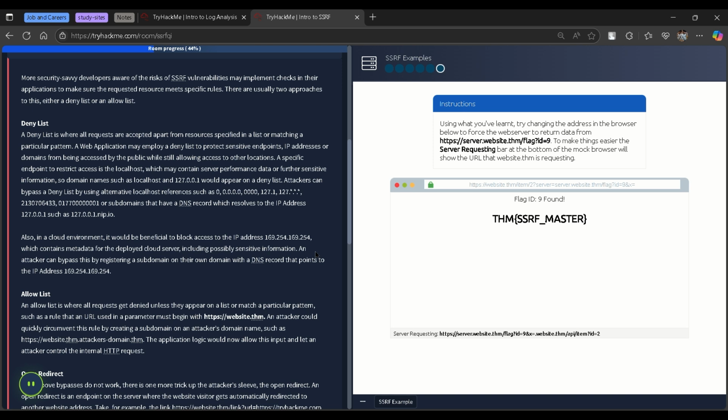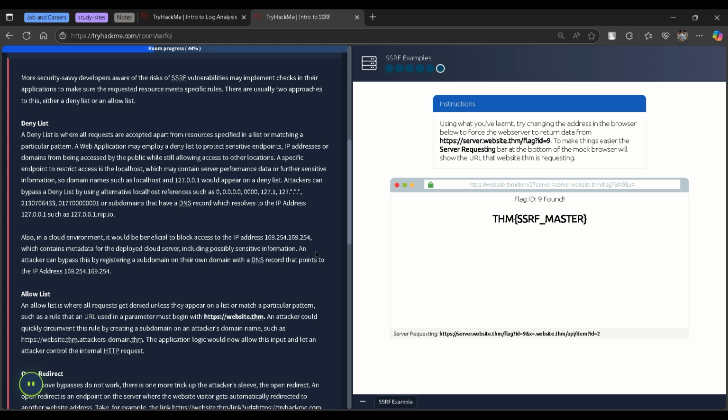A specific endpoint to restrict access is the localhost, which may contain server performance data or other sensitive information, so domain names such as localhost and 127.0.0.1 would appear on a deny list. Attackers can bypass a deny list by using alternative localhost references such as 0.0.0.0 or